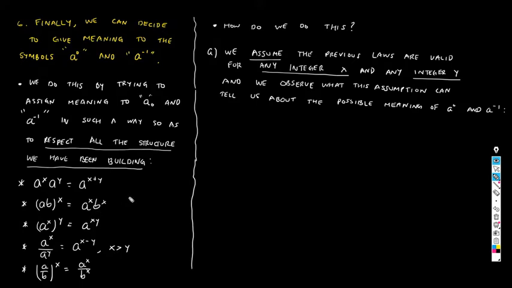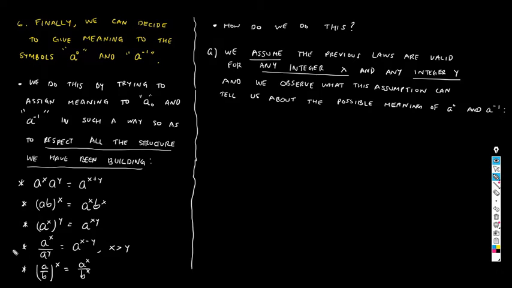By the way, the 0 is an integer. And therefore, once I make that assumption, we observe what this assumption can tell us about the possible meaning or the possible nature of the symbol a to the 0 and a to the -1. And I'm gonna do this now by hand because I think it's